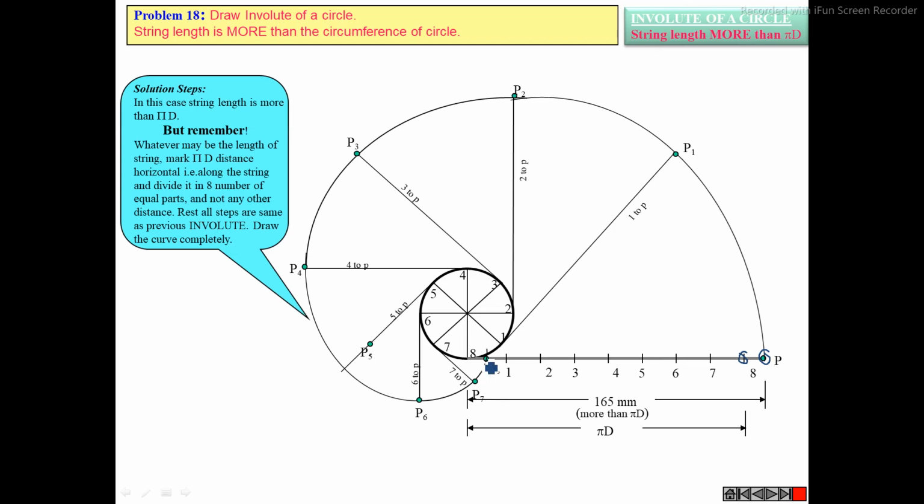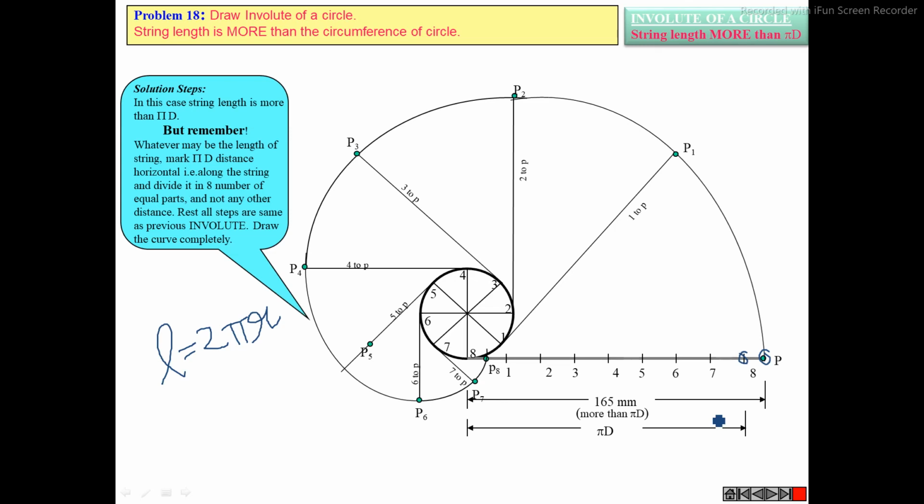In which case? The previous case, L equal to 2 pi r. In the same diagram, if we have solved this case, L equal to 2 pi r, the starting locus point of the curve will be point P or point 8. But point P is ahead of point 8. Sir, point 8.